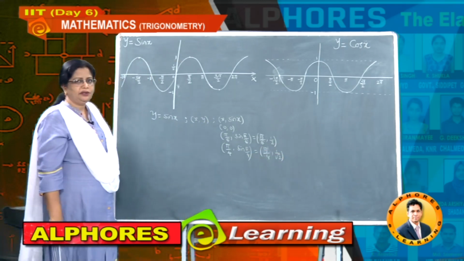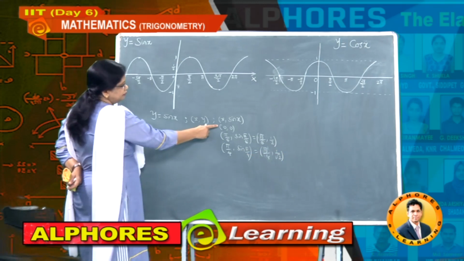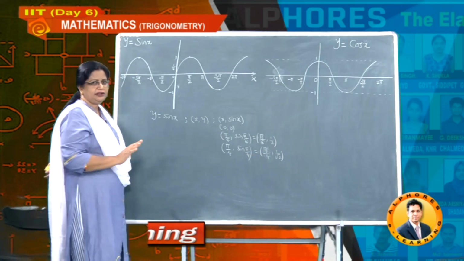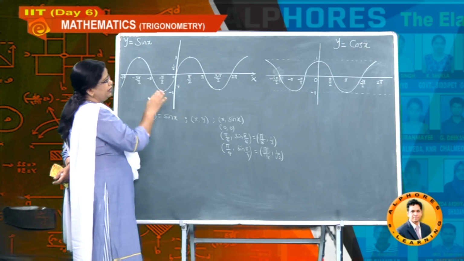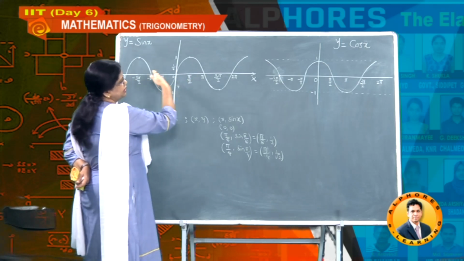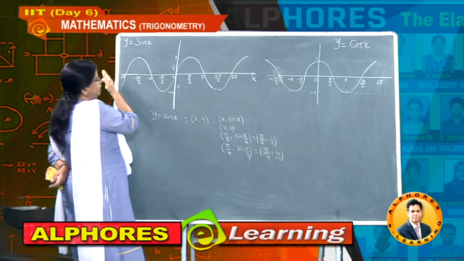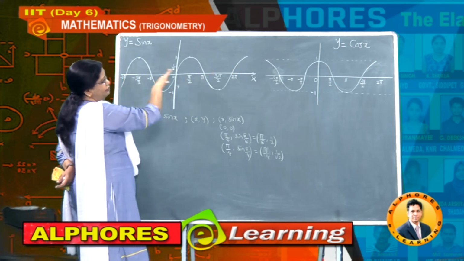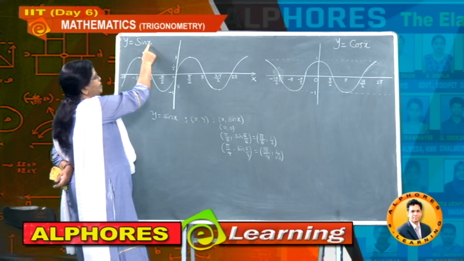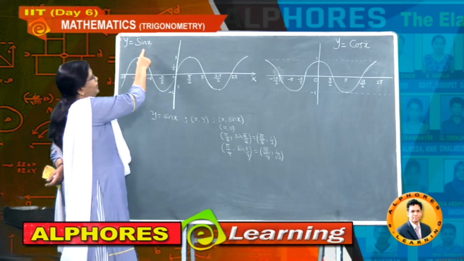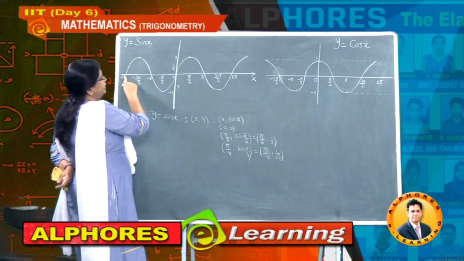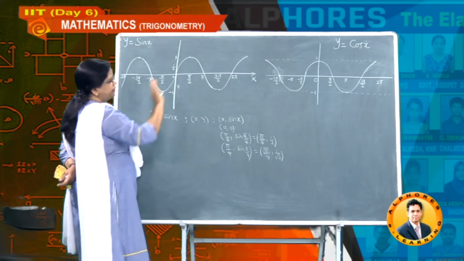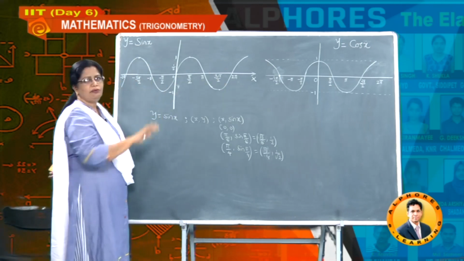Now observe here, don't misunderstand that I am taking only these values, not in that way. It takes all the real numbers. See here, the x axis goes on, and this side negative also goes on. That means you can take all real numbers for these x values, and when taking all the real numbers the graph moves in the same way, just like a wave.